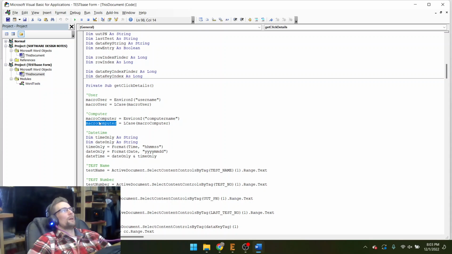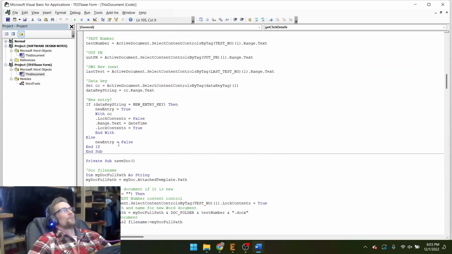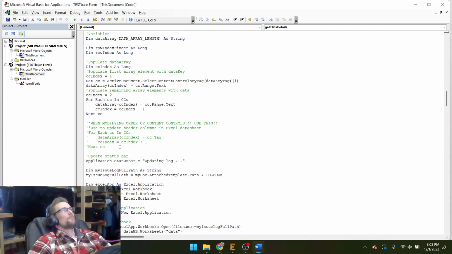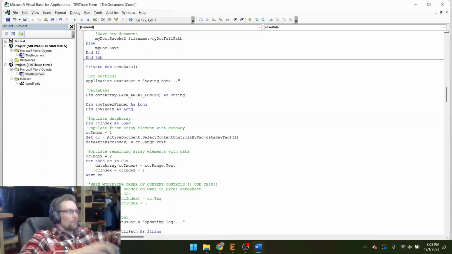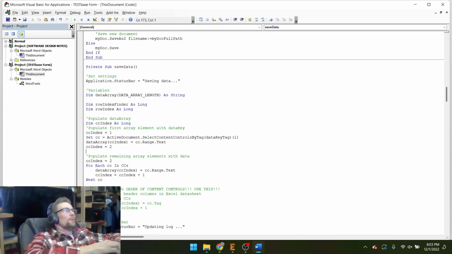Macro user, macro computer, date time, user computer, date time. Yeah, that's all I need. Macro user, macro computer, date time. So I'm just going to put those 3. It's right here, isn't it? Save data. Okay, so it's equals 2, and then